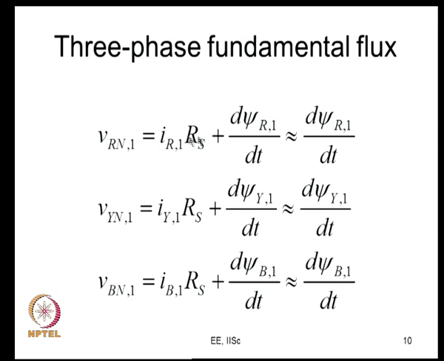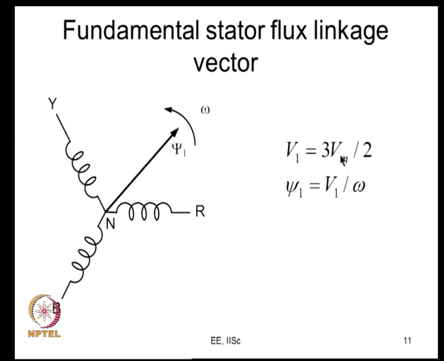So, you will have this equation, as I was mentioning the other day. This is from where you draw that V by F ratio to be constant. If the voltage to frequency ratio is held constant, then the amplitude would be constant. So, the fundamental voltage produces the fundamental flux.